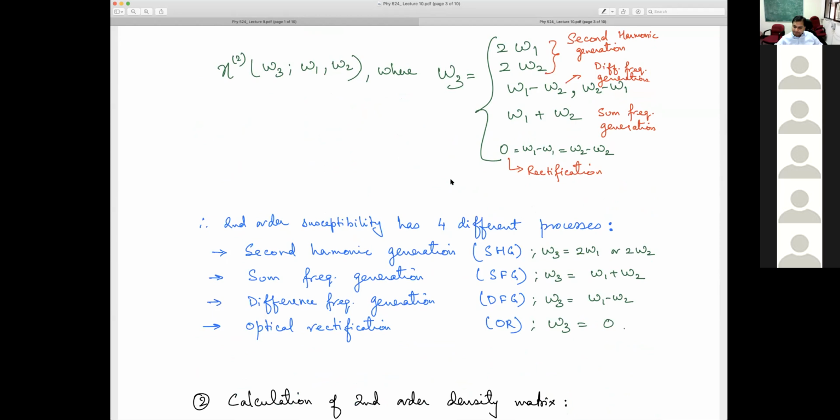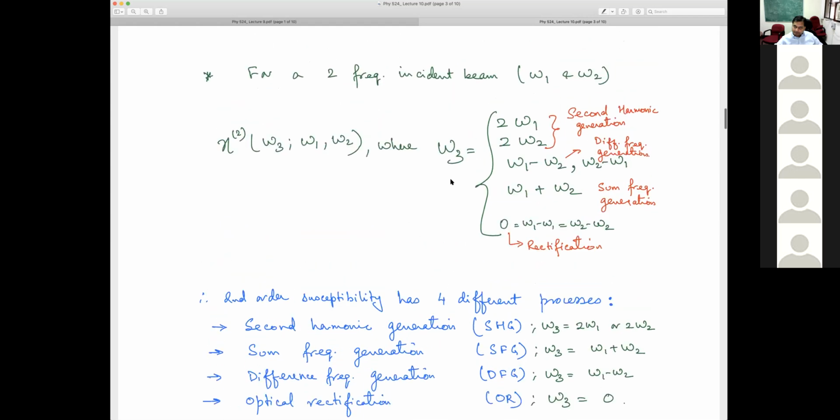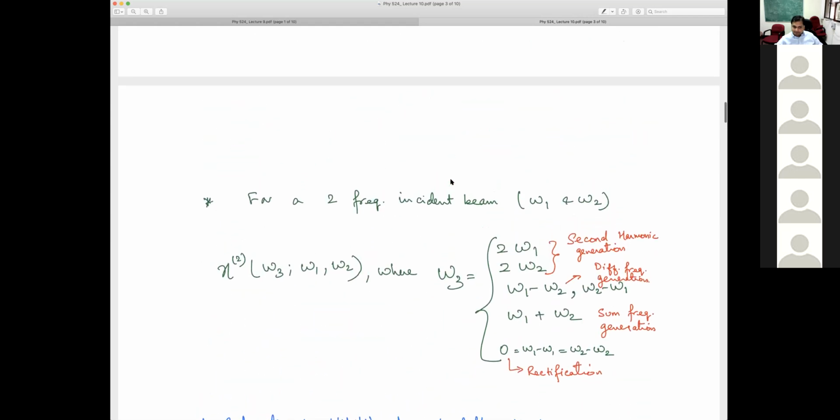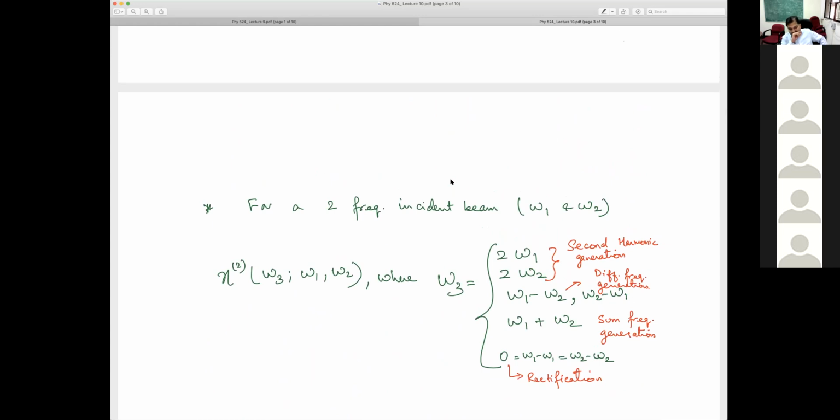Sir, as you have said, whenever we are shining lights of two different frequencies, say we assume that omega 1 is not equal to omega 2, right? So there are two possibilities: either omega 1 plus omega 2, or omega 1 minus omega 2, or omega 2 minus omega 1. In each case, when we are shining such two frequency lights, there will be three possible processes. All of them are possible at the same time, with finite probabilities of each of them. Plus we have finite probabilities of two other terms.